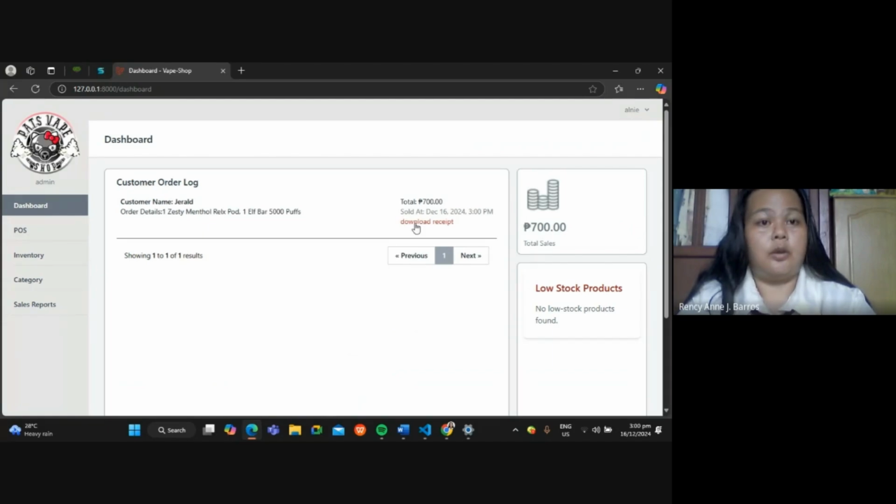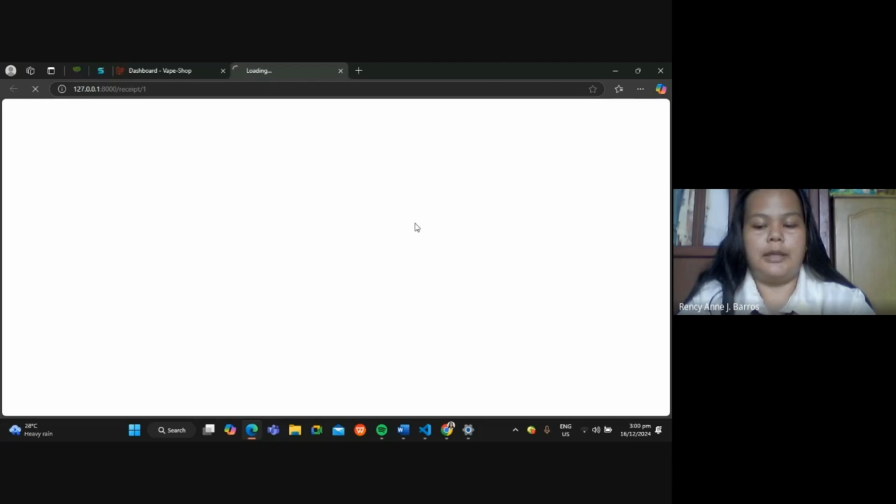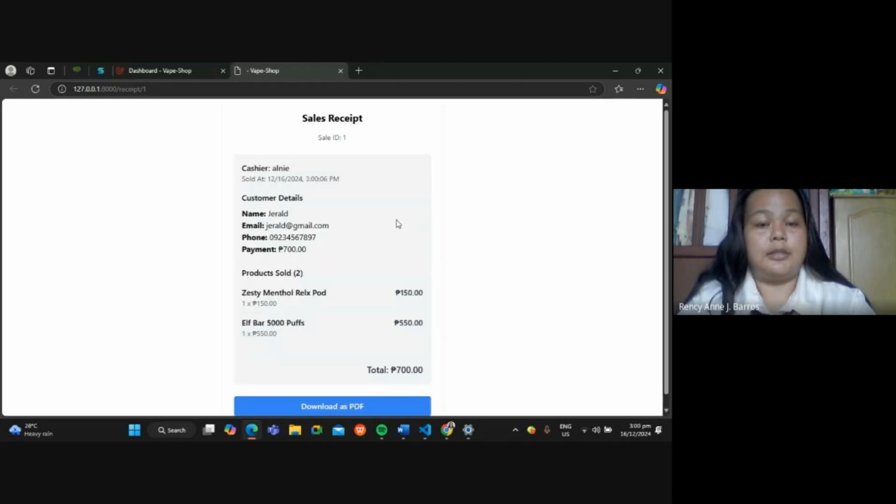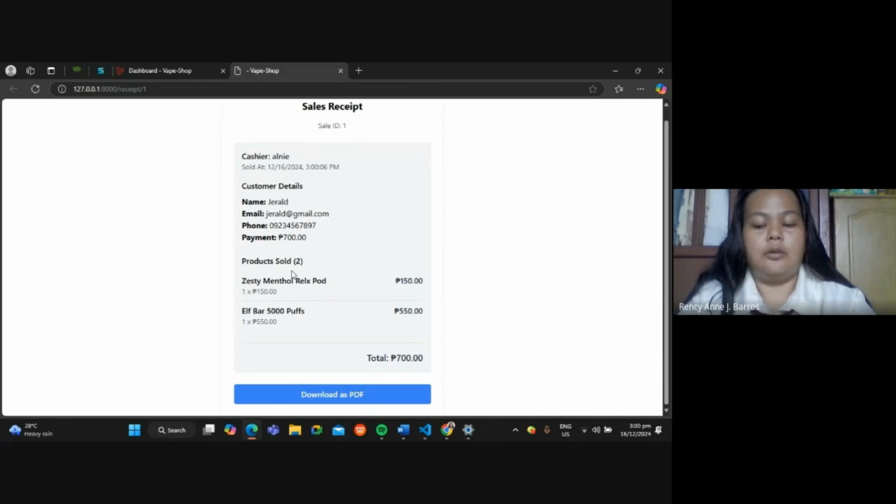The receipt will open in a new tab displaying the sale ID, cashier details, customer information, and product list. The receipt can also be downloaded as a PDF. So here,